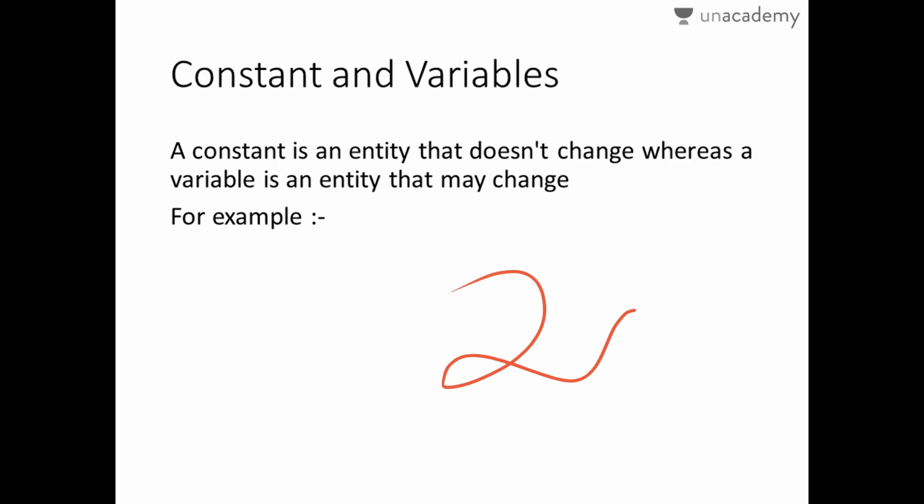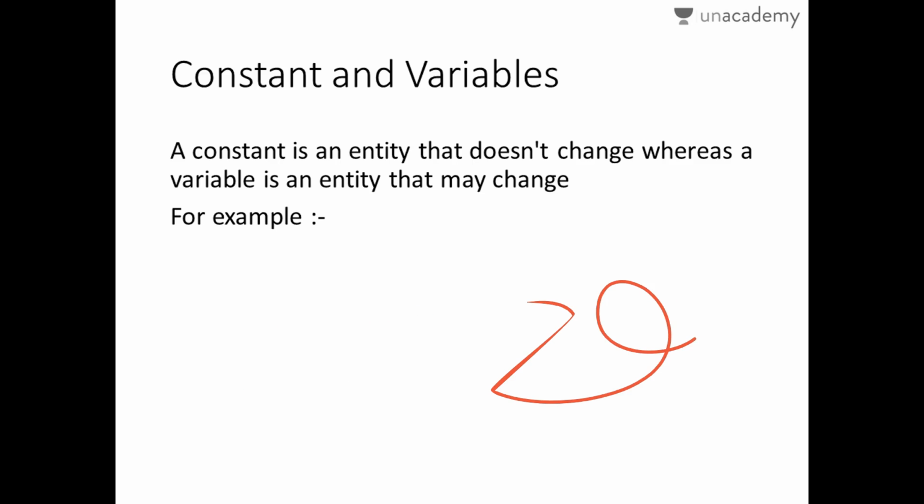Now what are variables? If you know the term variable, from the term itself the meaning is that it can vary, means the value of a variable can vary. If I have written x equal to 10, I can change the value of x to 20 also. For some condition my x can be 30 also. So the value of x can be altered or changed. So x is a variable.